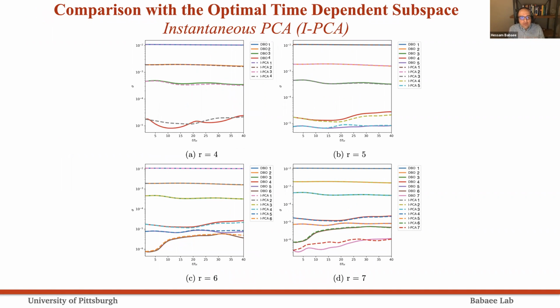This plot is proof that this system, even though the flow is turbulent and may look extremely high dimensional, if you look at it through the right angle, you can extract the low dimensionality. These plots show the low dimensionality. Let me explain that. These are the instantaneous singular values obtained by PCA, which is data-driven, compared against that of DBO.